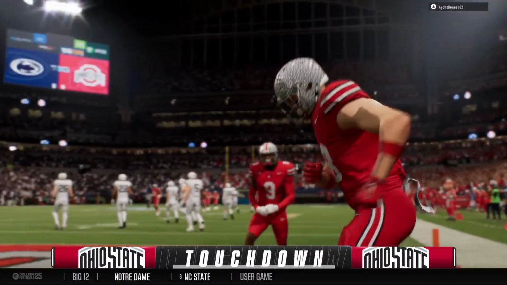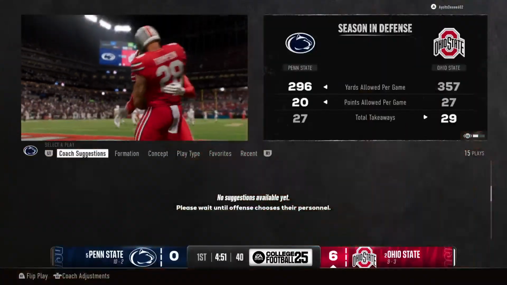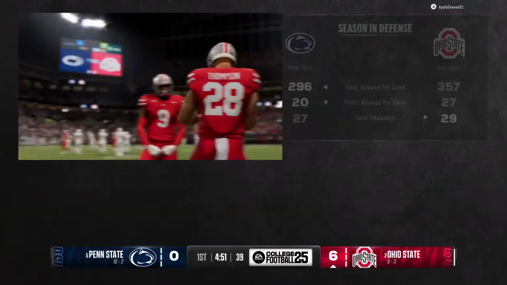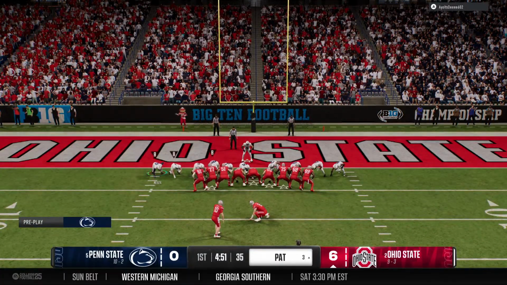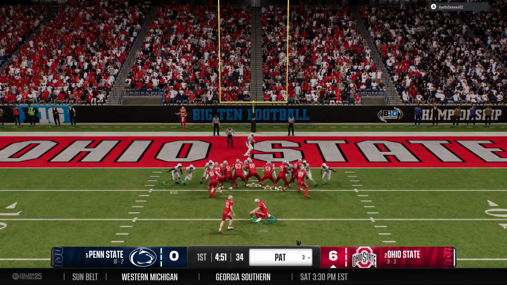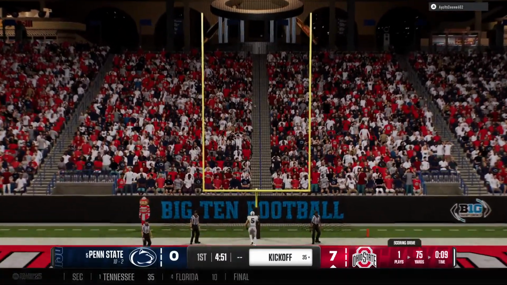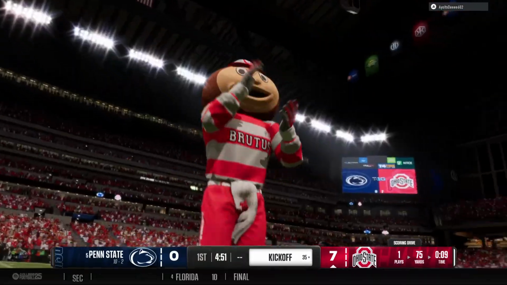All the film work that they've done to get ready for this game, here we are in the opening drive. They see exactly what they thought they might see based on their film work. It pays off, and this back had a ton of space to show you what kind of speed he has. And it's 7-0 after the PAT.